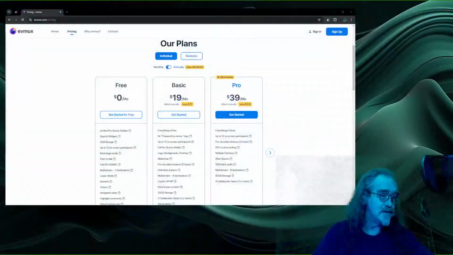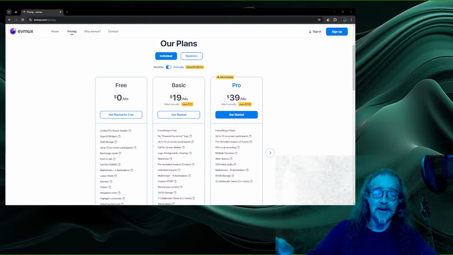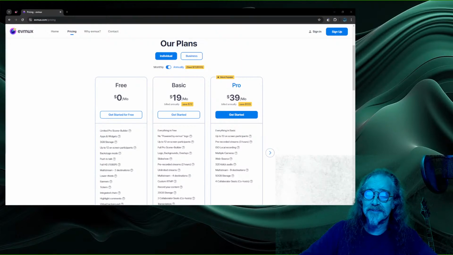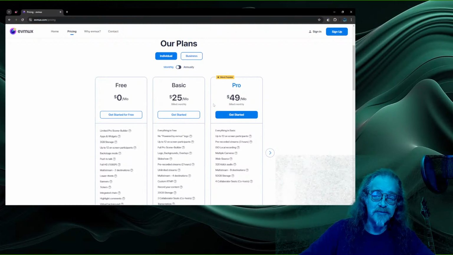Now I want to make a correction to what I said this morning with the pricing on this and everything. Let me bring this up. This morning when I was pointing this out, these are the annual monthly prices. So if you are getting the annual plan, it is $19 a month. If you are getting the annual plan, it is $39 a month for the pro. When you go to monthly, it's $25 and $49, which $49 is what I was paying at StreamYard for the